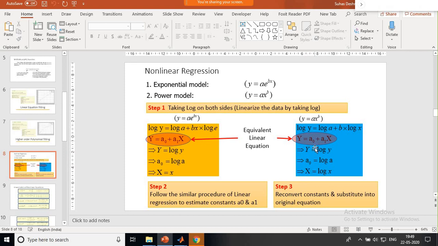I will get an equation for this. Once I convert that, I need to convert the data in terms of a log scale, and then follow the procedure for regression in the linear equation. You can use polyfit directly and determine the coefficients a0 and a1. Once we determine the coefficients, we get this linear fit, and then you can revert back by taking the anti-log, and we get the original equation. That is the technique. It is called non-linear regression or non-linear curve fitting.